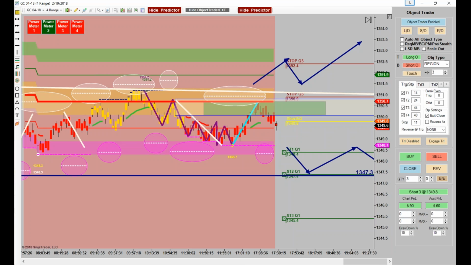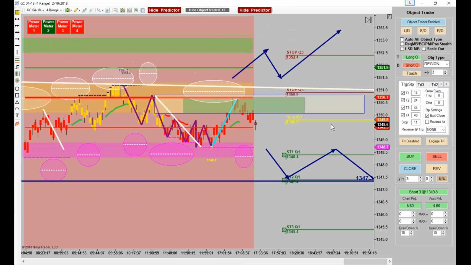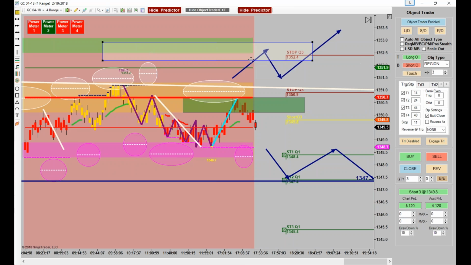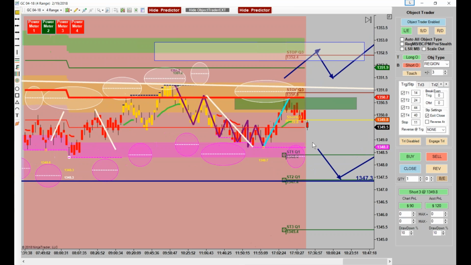Now what you can also do, if you don't want to take a chance with all of them like that, see this lightning right here? Just set your box to where if it happens to close inside that, you could go ahead and say, you know what, I'll just go long one if it does, because that way I'd only be in 2 to go up in here. That way I wouldn't be taking a chance with all the way up here with 11 ticks. Now, if this closes below here, we're going to move our stop anyway.